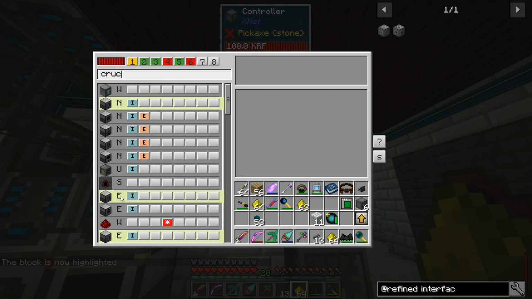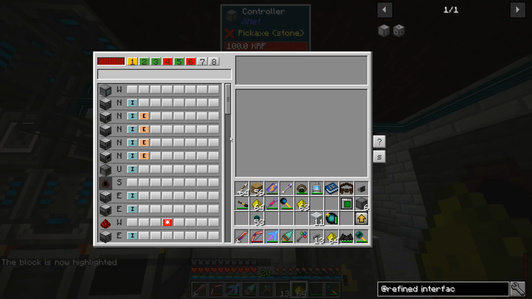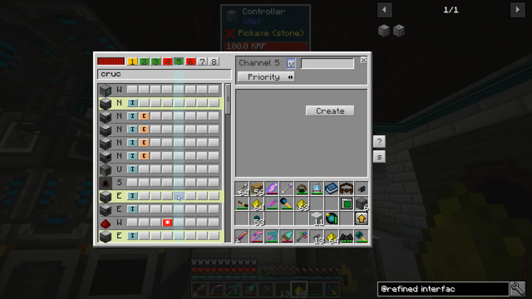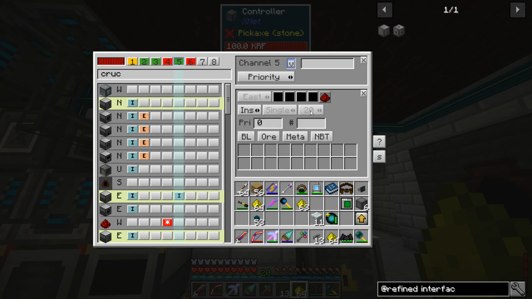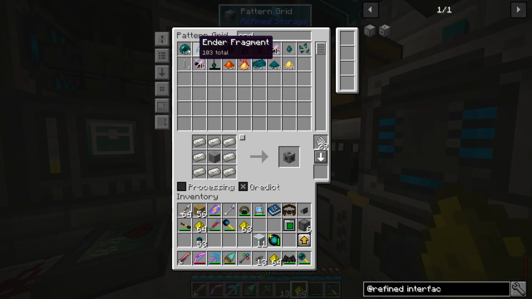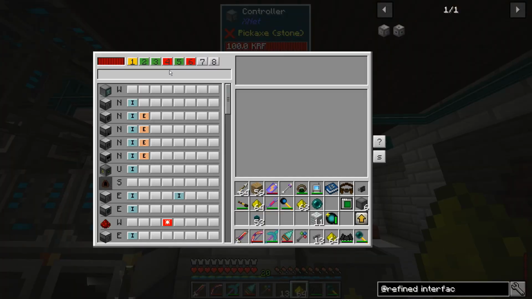So this one, second magma crucible, is our ender pearls one. Channel 5 is the one where we're pulling from our refined storage system. We want to create a node to insert... I don't have any ender pearls now. Darn it. To insert...